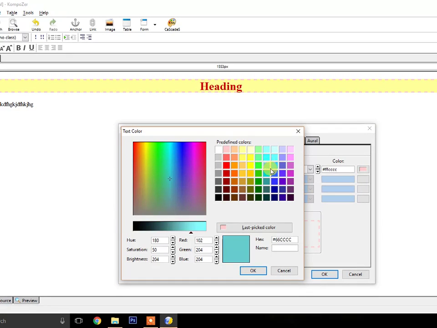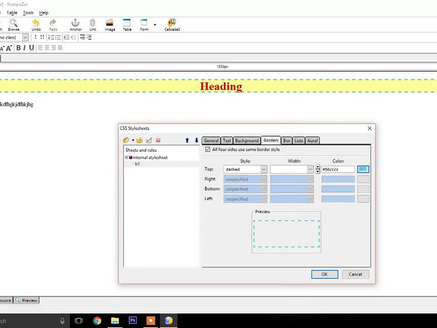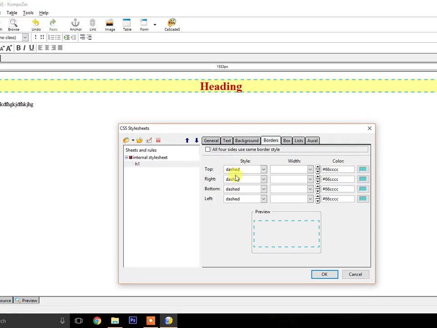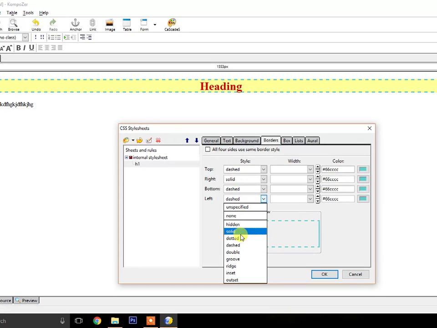And now, up and down you want solid, and in left and right you want dashed. So just uncheck this box. You will see that everywhere you can change whatever you want. Now you can see this one is solid.